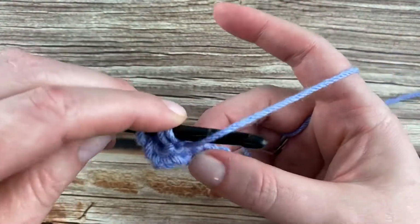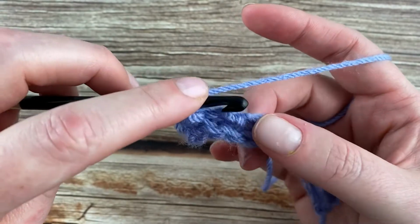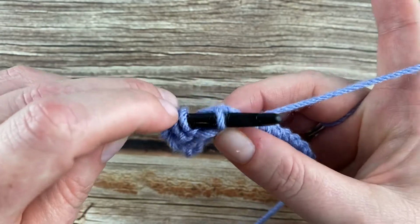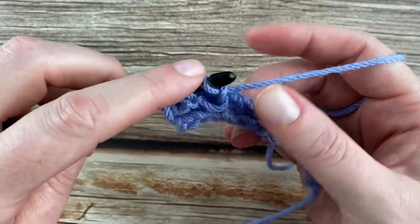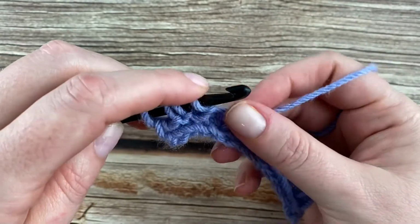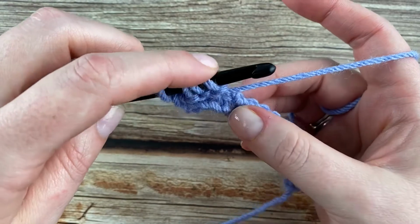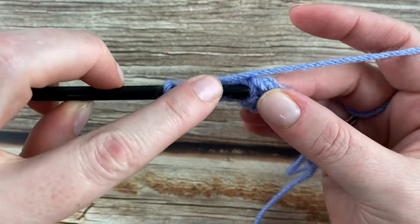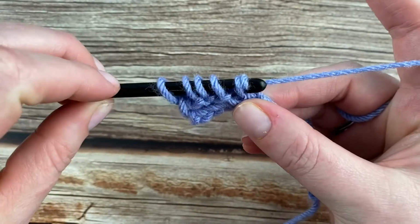So again, scoop up the yarn in front of your hook and hold it with your finger. Go under the next vertical bar, let it go, yarn over like normal, and pull through. Voila! Look at you, making purl stitches and stuff. All right, now scoop up, hold it, go under the next vertical bar, let it go, yarn over like normal,